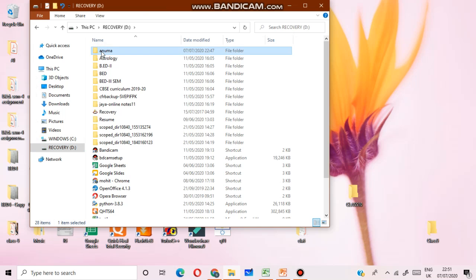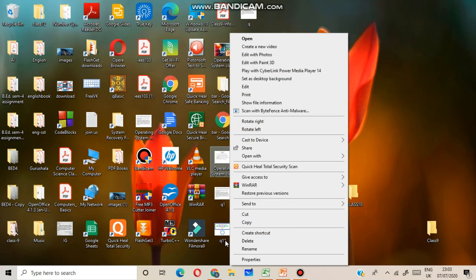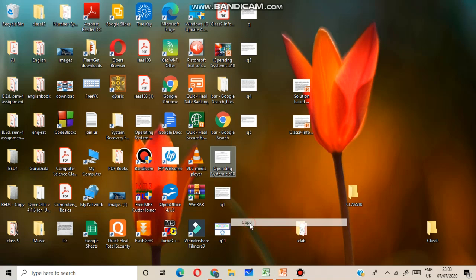Now we will learn how you copy and move a particular file or folder. Suppose I have selected this file and copied it. Then after copying, what will you do?